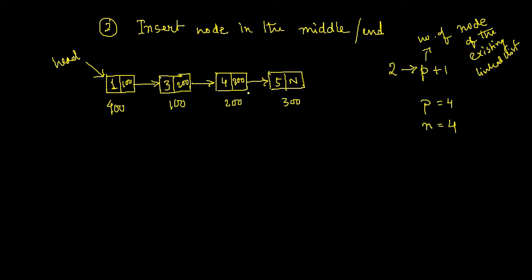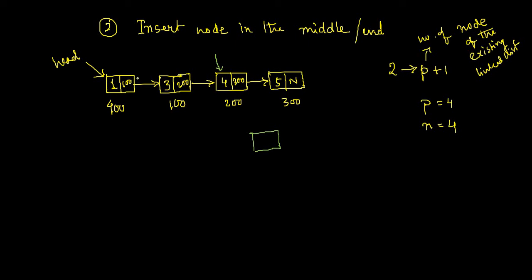So obviously the new node has to be inserted somewhere in between the third and fourth node of the existing linked list. How to create this new node is not a new thing. You can do that. The question is how you can connect them. To connect the third node with the newly created node and the new node with the fourth node, somehow you must reach this node. You cannot do it standing over here.